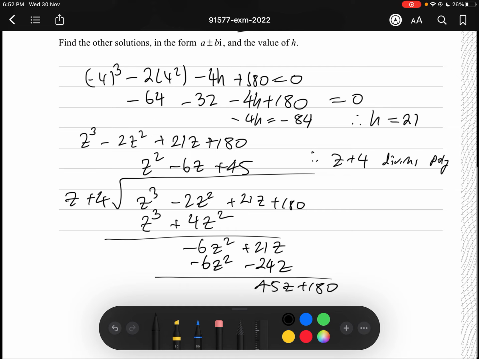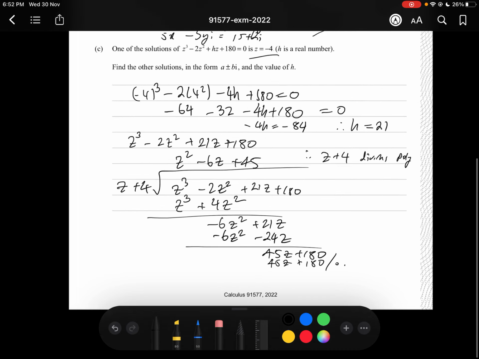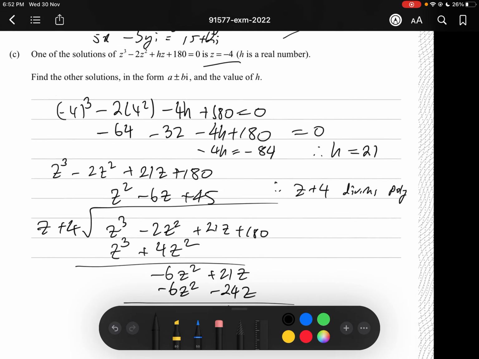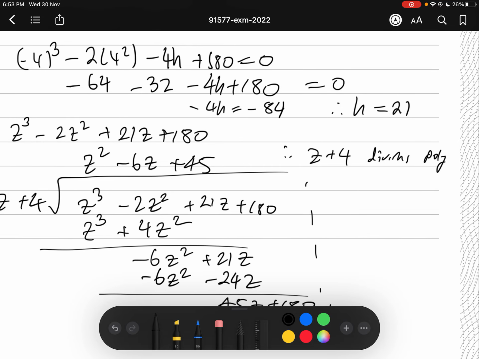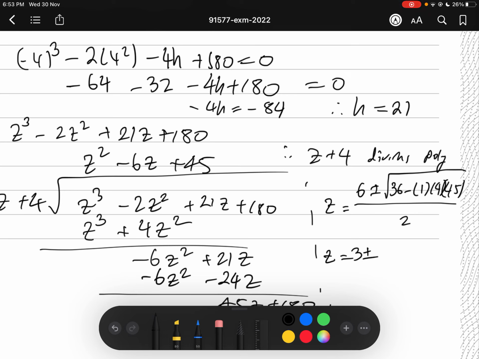Yeah, and that will give us 45z plus 180, and that's 0, as expected. So that's brilliant. So now we have our quadratic, which is z squared minus 6z plus 45. So z equals 6 plus or minus the square root of 36 minus 1 times 4 times 45, all over 2. So z equals 3 plus or minus 1/2